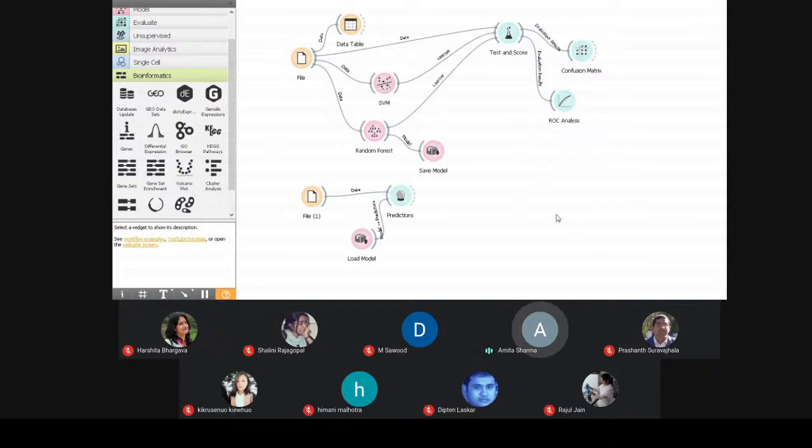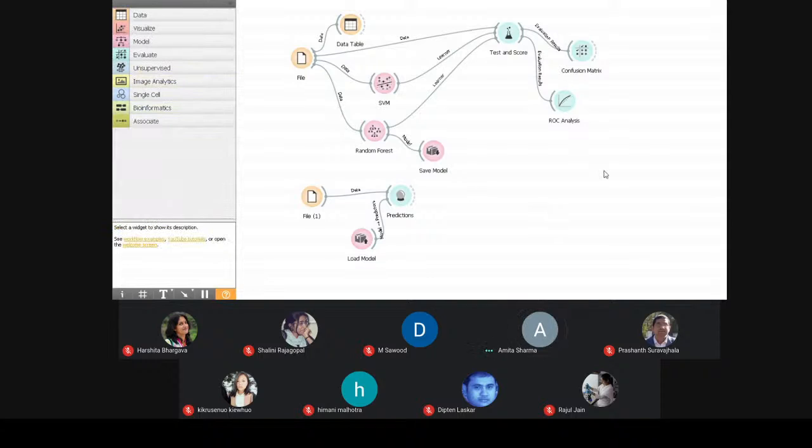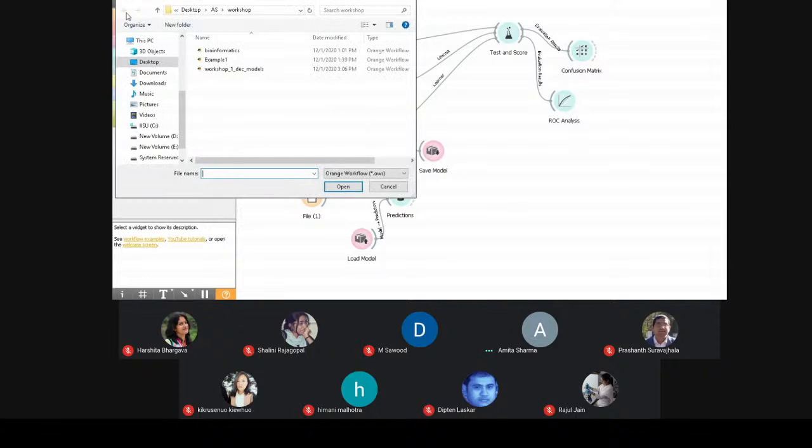In the presentation which Harshita shared, she demonstrated the problem of drug target interaction. I'll show you how we develop that particular problem in Orange. I'll open my model.